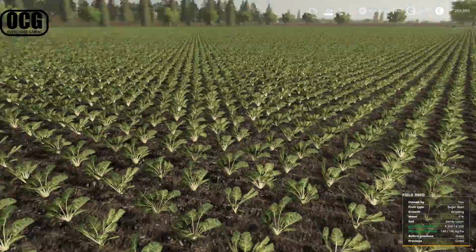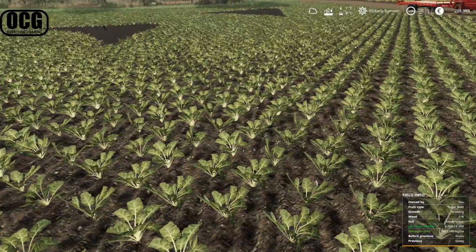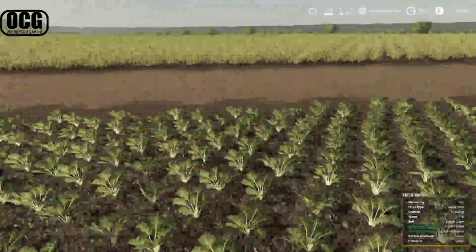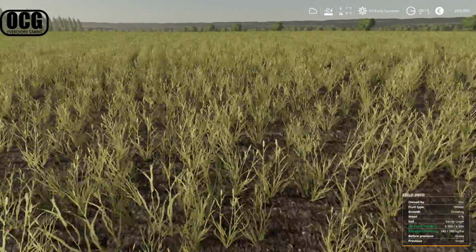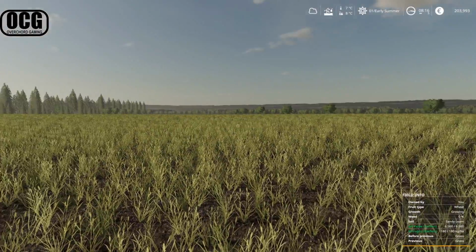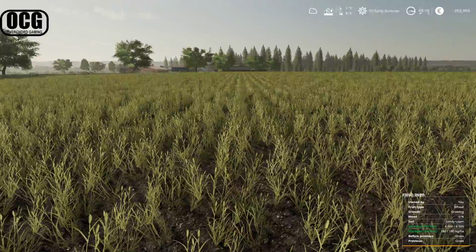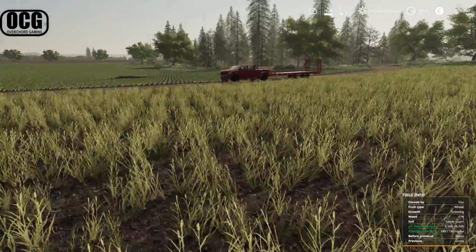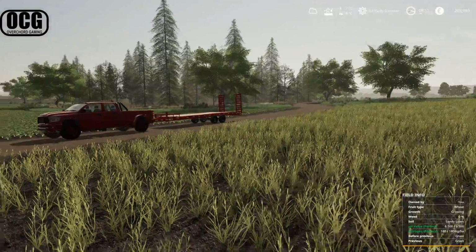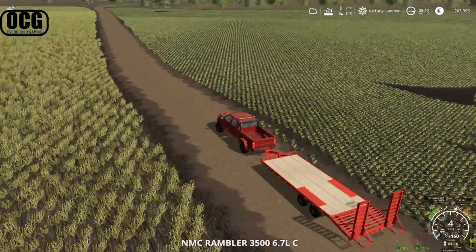So they're looking pretty good. They've been sprayed off for weeds as well now, and they look to be growing quite nicely. Nitrogen and pH are good. Over here, we've got our wheat. Also a nice large field, even though it's a split field. So all in all, most of the fields are looking decent,